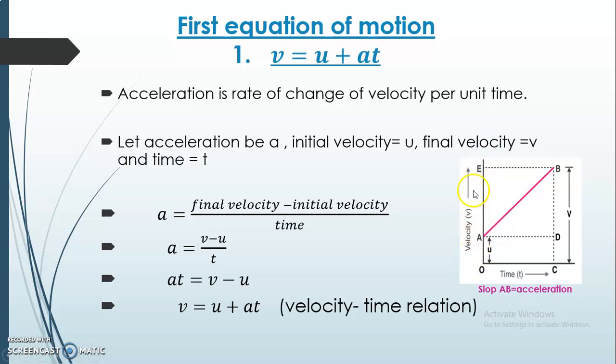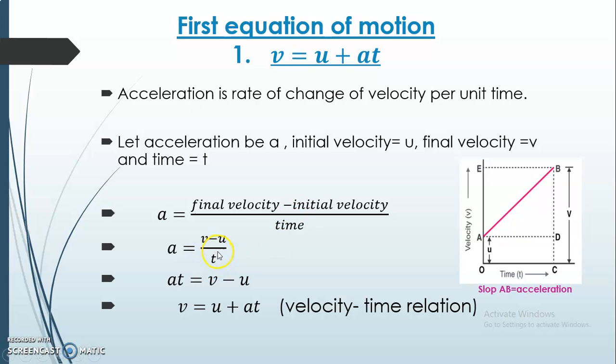It tells the rate of change of velocity, and this is time. So this slope AB gives us acceleration. This straight line AB at any point gives us the acceleration only. Okay, so what is the acceleration? It is the change of velocity, that is final velocity minus initial velocity. As you can see, this final velocity is much more than initial velocity over here. So final velocity v minus initial velocity u of the body or the object divided by per unit time.